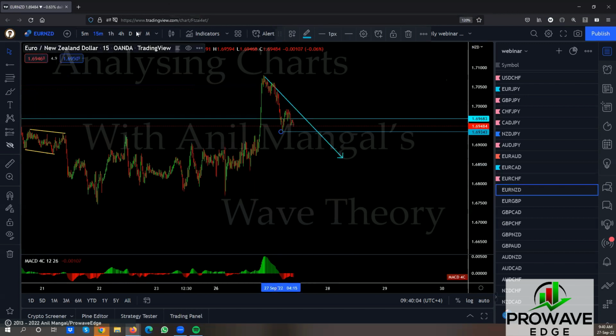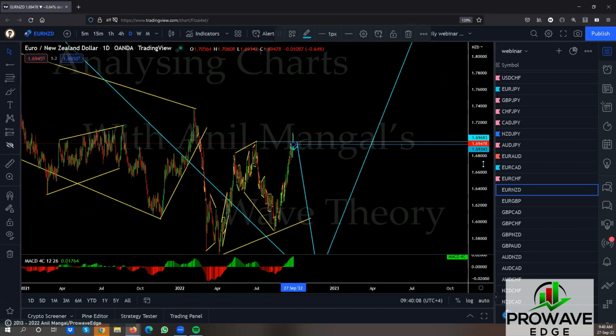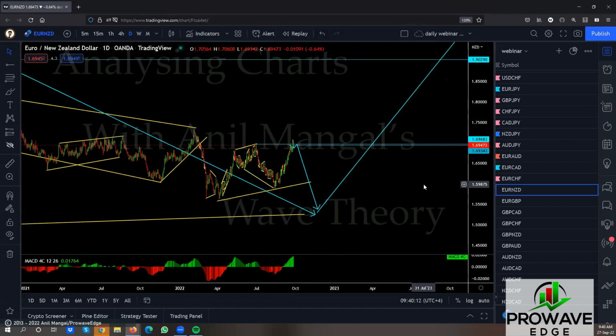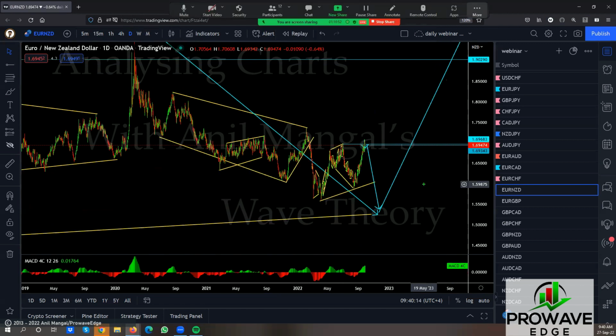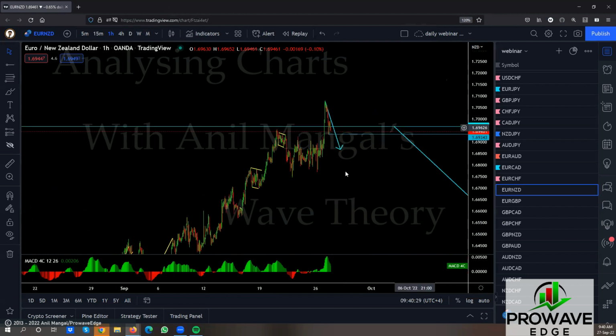Let me show you the bigger picture. Last week, we wanted it to come and break this top. Remember, we said let it break that top before we look for sell setups. So any sell setup we get, we'll take, because two options. This is a flat. We're coming back here, and then we're going to go up. Or this is a deep pullback, and this will just continue to go. Now, at this point, they will tell us which one it is. At this point, we will know which one it is, depending on how this behaves.